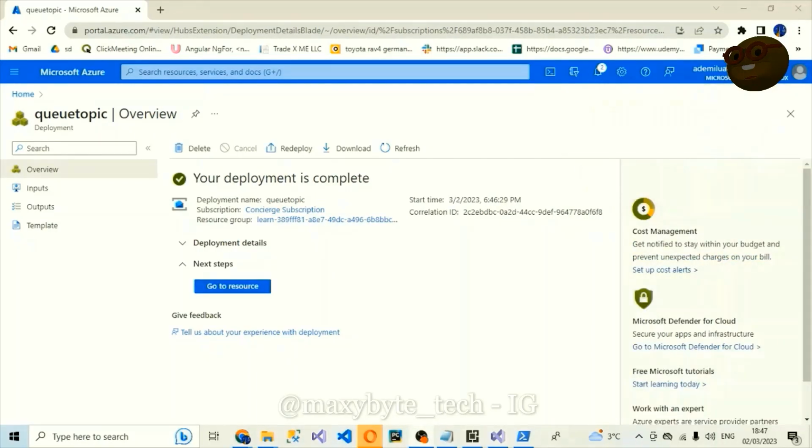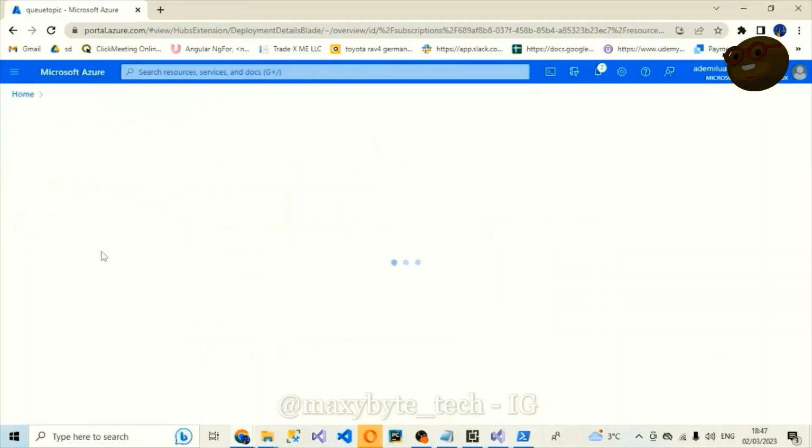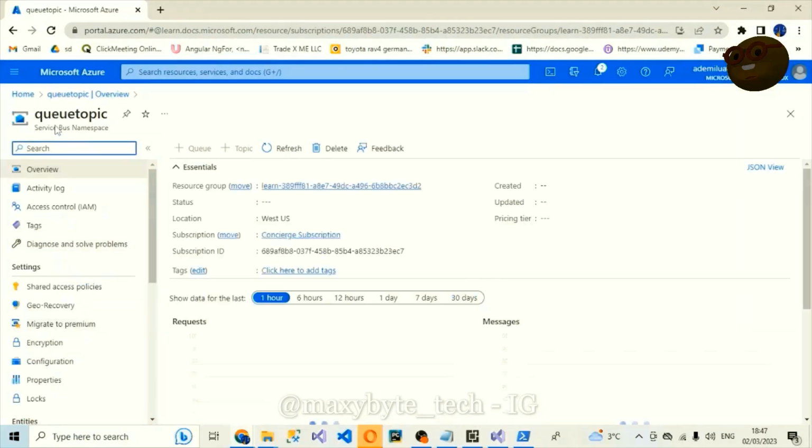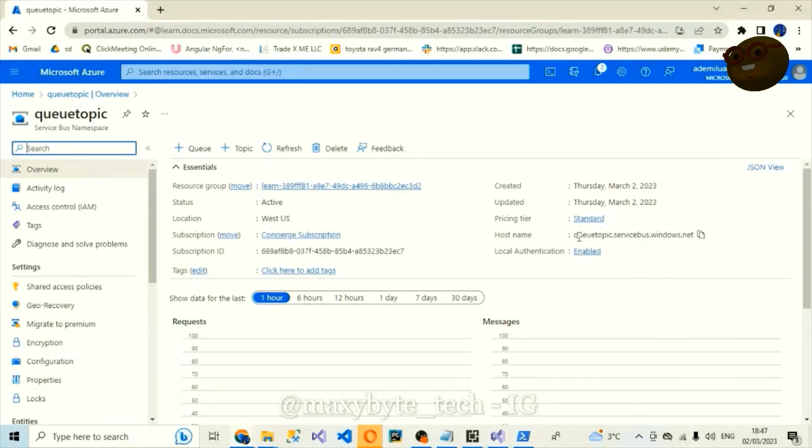All right, so we can see that the deployment is completed. What I want to do now is to go to the resource that we just created, and that will be the queue topic. Under that queue topic, we should be able to see the queue and the topic. Here we can see the resource, the resource group and everything that we have created. And this is the host name, which is the queue topic that we actually used as the name,